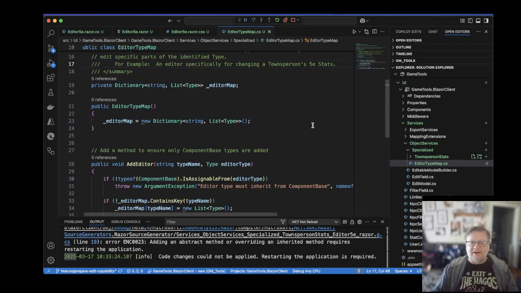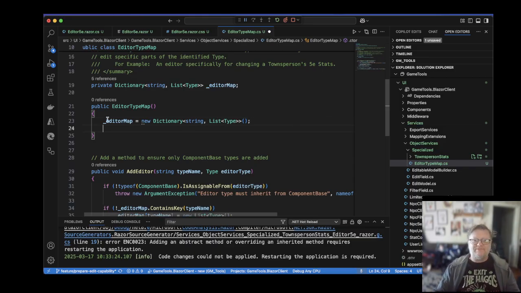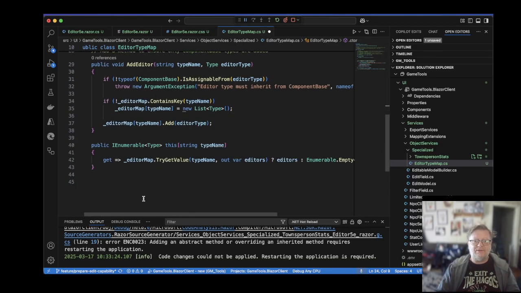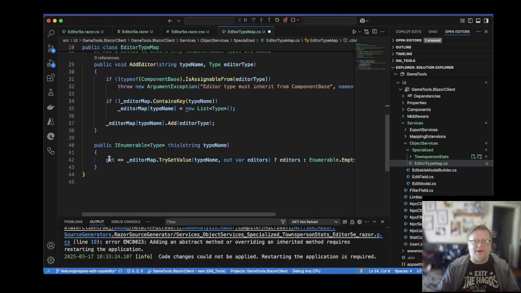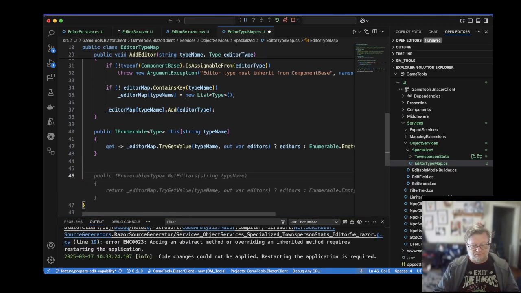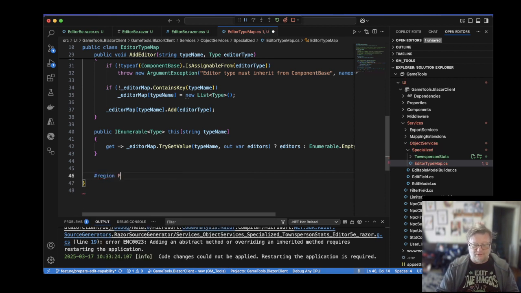So we've instantiated just an empty dictionary in the constructor for the editor type map. Now we need to add editors to it. And I think rather than just eventually ending up with dozens of editor map or add editor calls to this, because that feels silly, I'm going to add a private method down at the bottom of the class. Region, editor type map, private